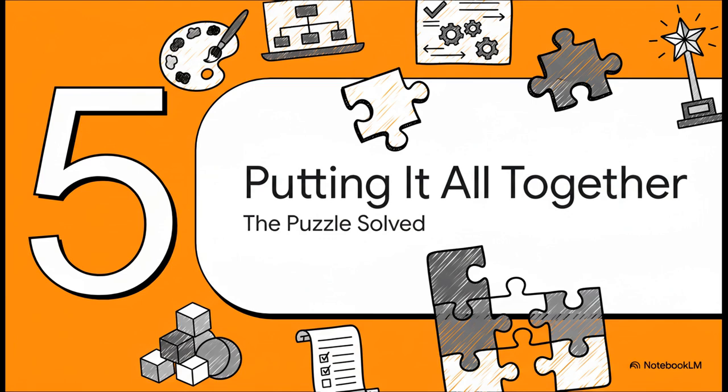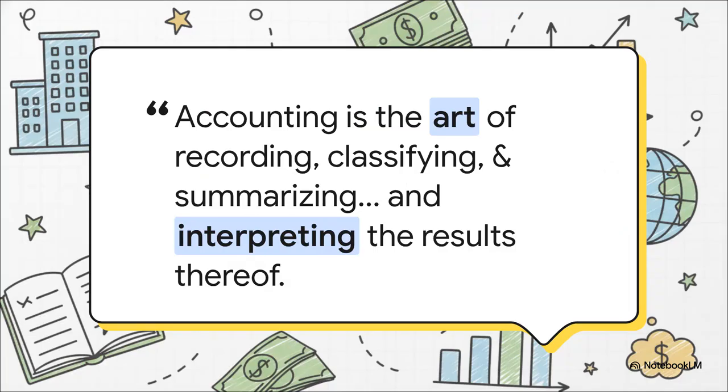Okay, we've done it. We've looked at all the individual pieces of the puzzle: the art, the process, the rules, the raw materials, and the final goal. Now, let's snap it all back together and see how it looks. Let's read it one last time, but now with our new understanding. Accounting is the art, using skill and tools, of recording, classifying, summarizing, that's the core three-step process, in a significant manner and in terms of money. Those are the rules of the game: materiality and money measurement. Transactions and events of a financial character, that's our raw material, and interpreting the results thereof, and that's the ultimate goal, turning numbers into actual insight. See, it's not some scary long sentence anymore. It's actually a perfect logical description.